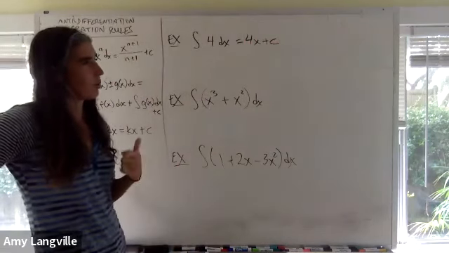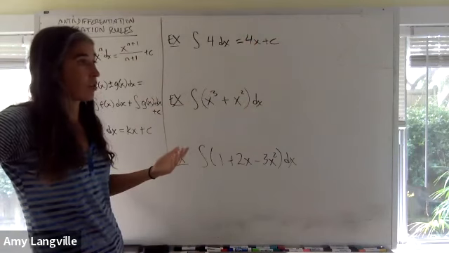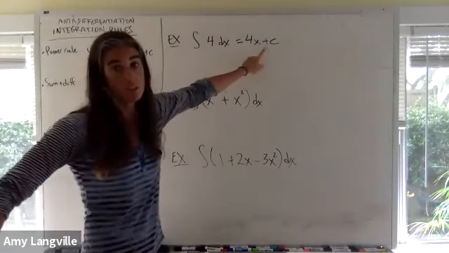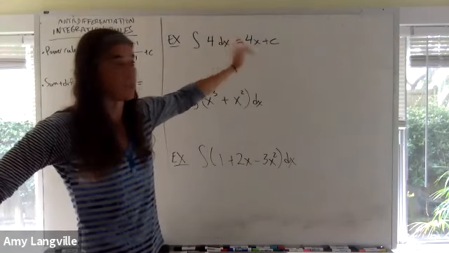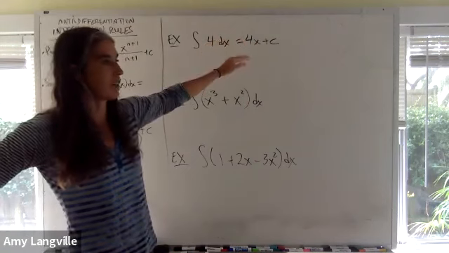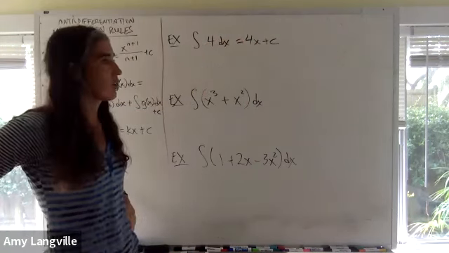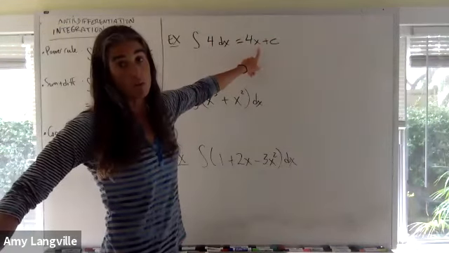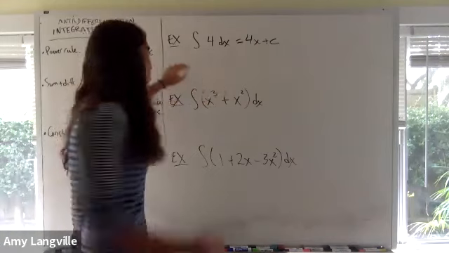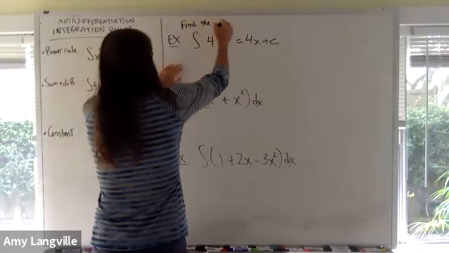Just thinking about it for a moment, what's a function when I take its derivative, I get 4? Okay, well, it had to be linear, 4x, but don't forget to add the constant of integration because it could have been 4x plus 7, 4x plus 11, 4x plus 15, 4x minus 2, 4x plus pi. Right, so any constant would work, and we've done the integration, we removed the integration sign. You can always check your work when you do an integration problem. This also could have been written with these instructions. Find the antiderivative of